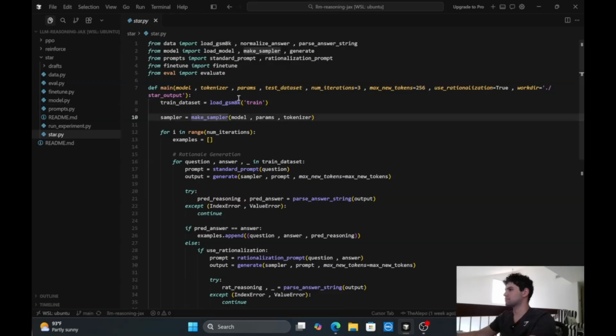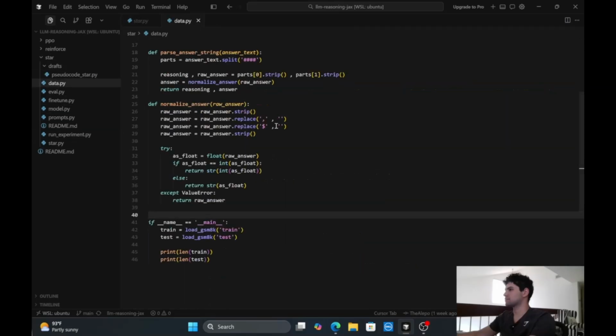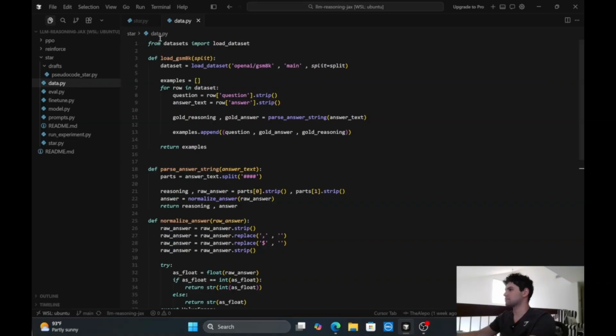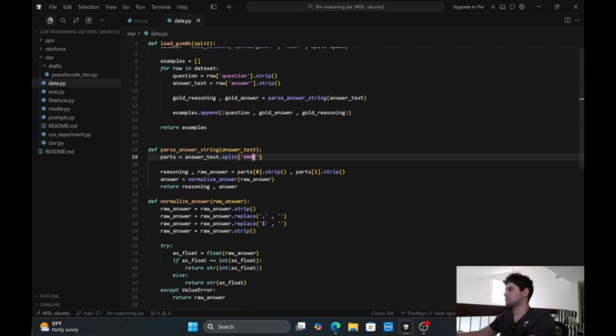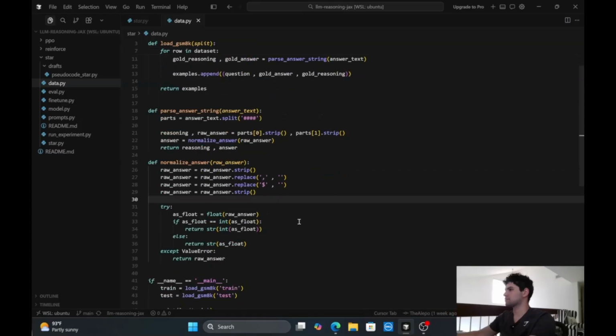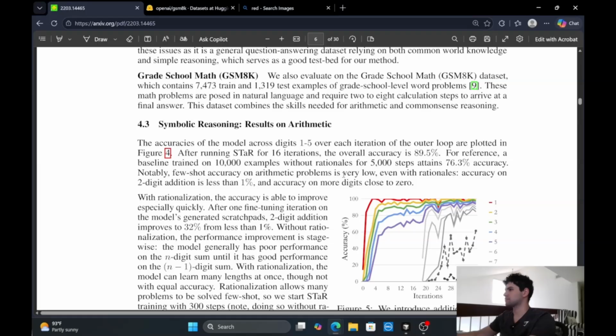Now, in the actual data file, there's a little bit more cleaning of the data that we have to do, right? As I said, there's 4 hashtags. I forgot the names of them for real. I'm just going to say hashtags, right? 4 hashtags that separate the question from the answer. And so we want to normalize that, or we want to take that out, and then we want to also normalize the answers. Some of the answers might be in,